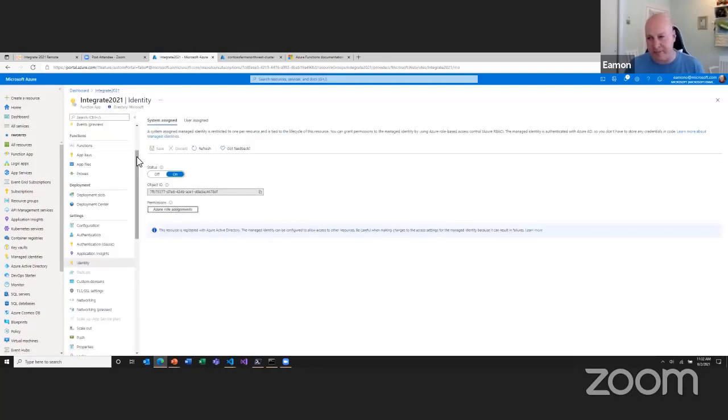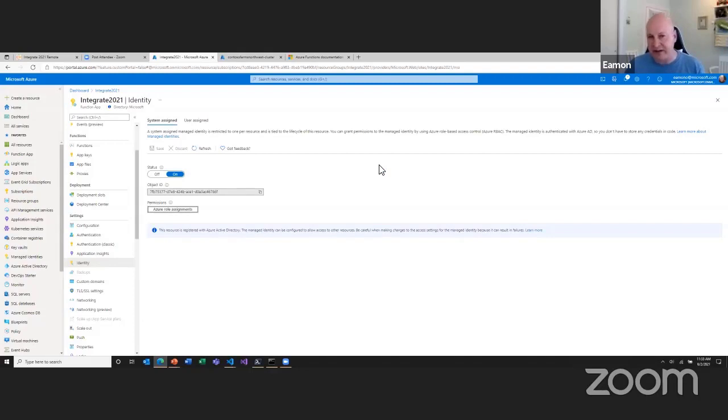The other thing I'll mention related to identity is that we also brought in managed identity so that you could access secrets inside a key vault without using any connection string. So if you have secrets stored in key vault and you want to retrieve them, you can now grant your function app the identity access to those key vault secrets, and they can pull them down at runtime, and nobody else has access beyond the function app. So when this function app gets deleted, so does the identity associated with it.